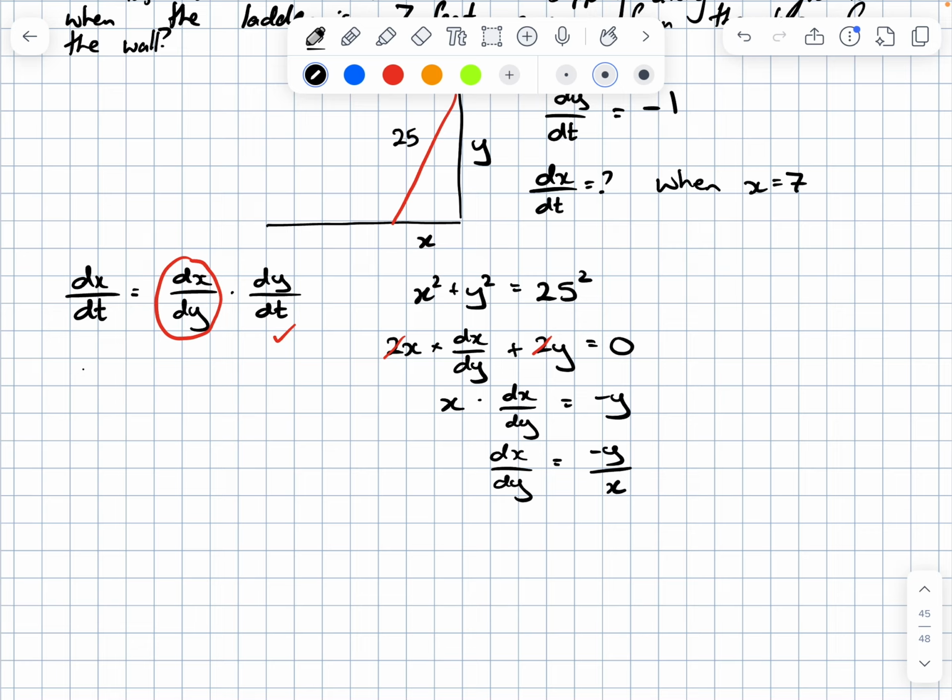We can substitute that back into our dx/dt equation to get -y over x times dy/dt, which is -1, giving us just y over x. Now we know that x is 7 already, and we can use our Pythagoras theorem equation to find y. We're told that x squared, so that is 7 squared, plus y squared equals 25 squared. So that means that y squared equals 25 squared minus 7 squared,